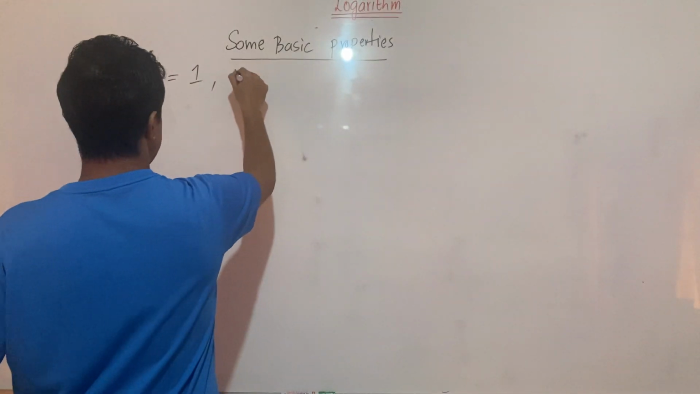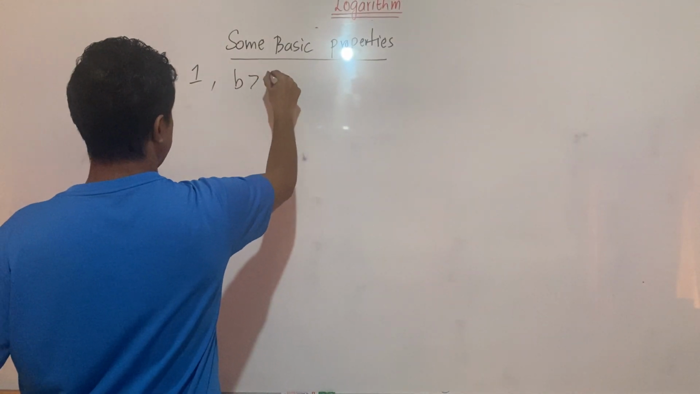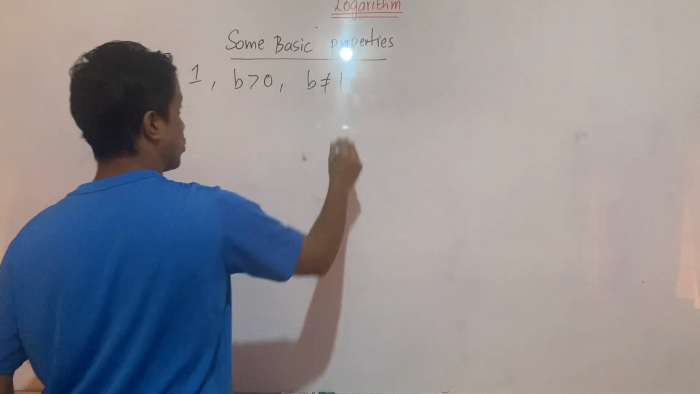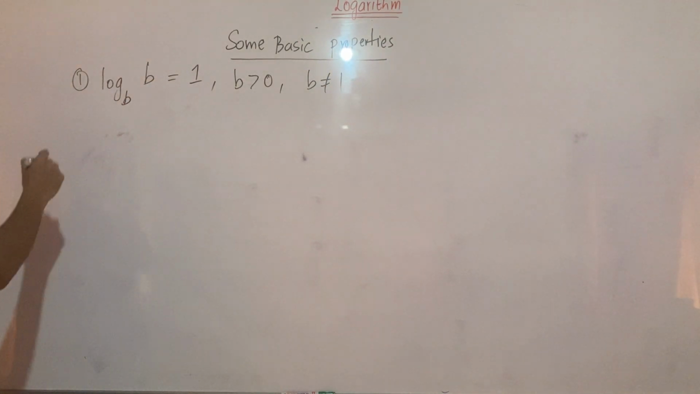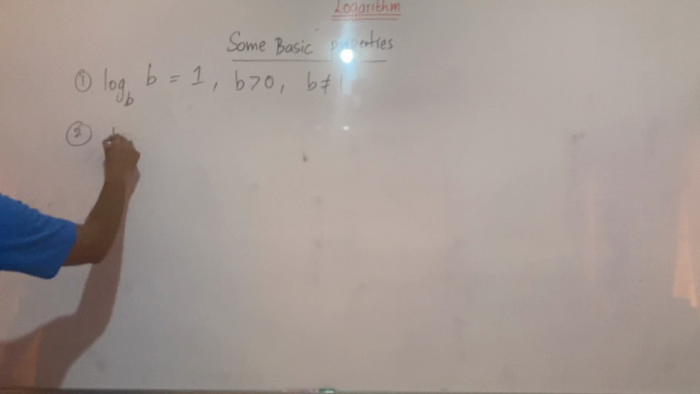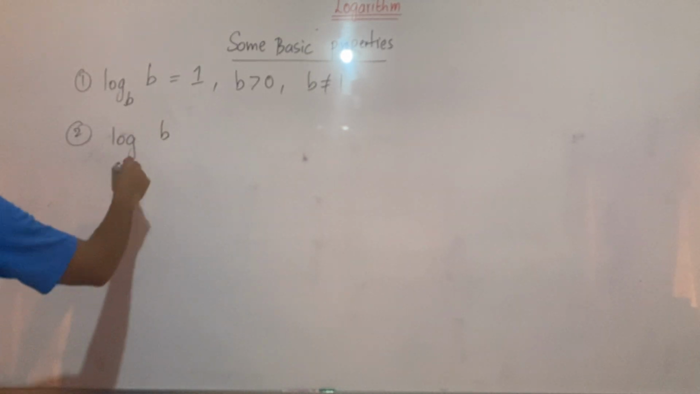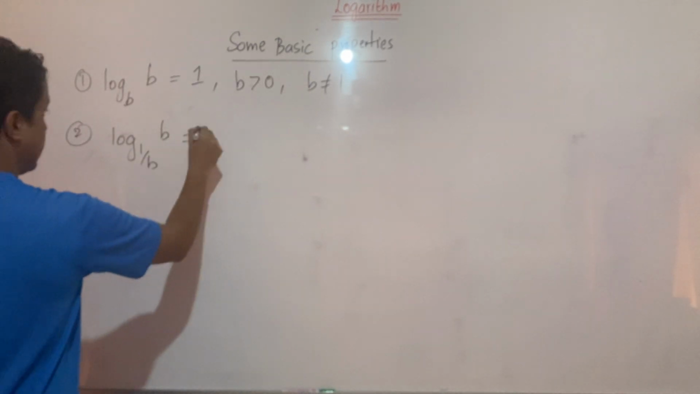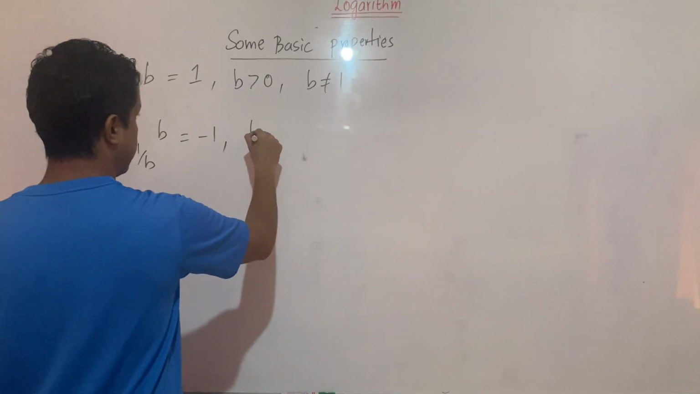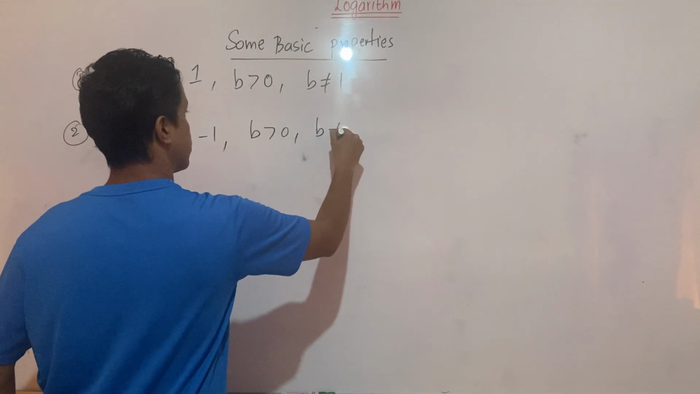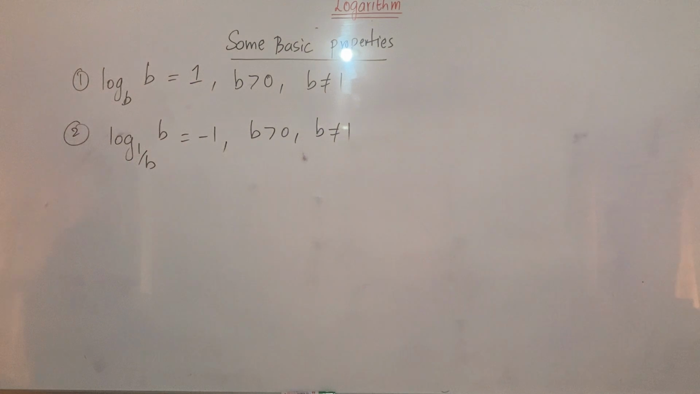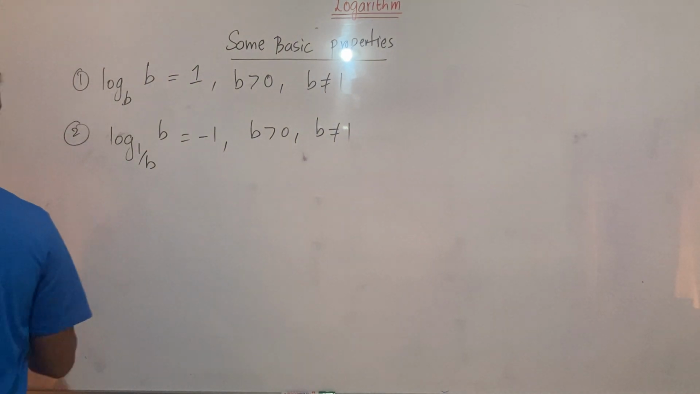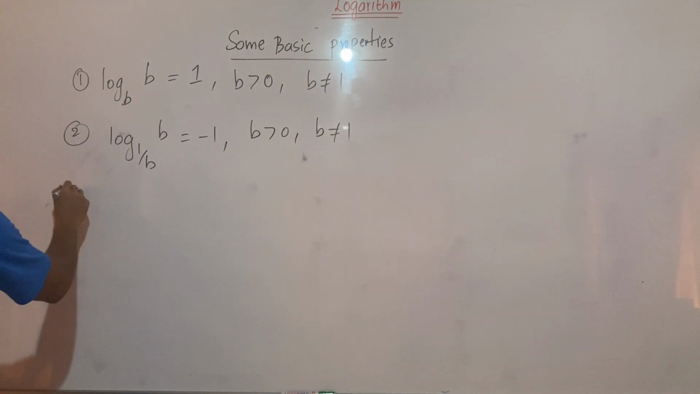Where b is greater than 0 and b is not 1. Okay, just write it down. Then second is log of b to the base 1 by b equals -1, b greater than 0, b is not equal to 1. Okay, then third property is log